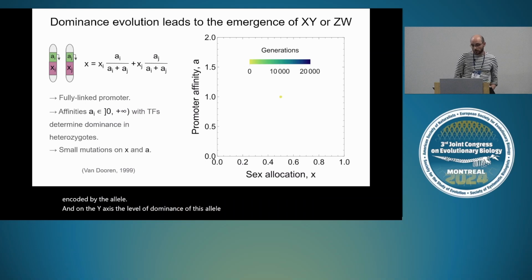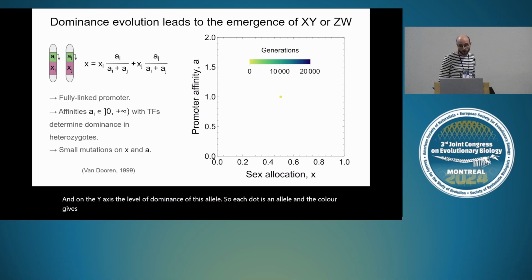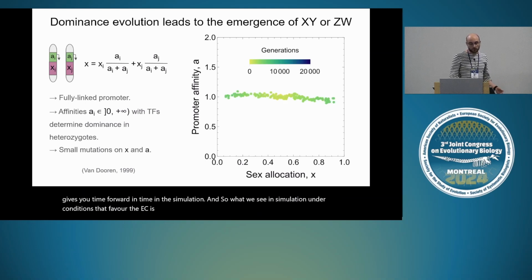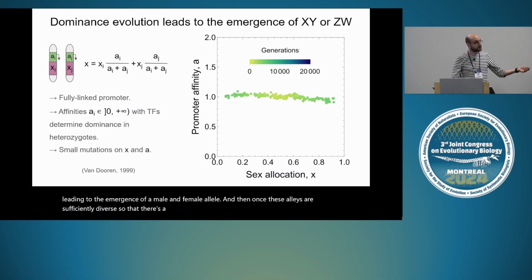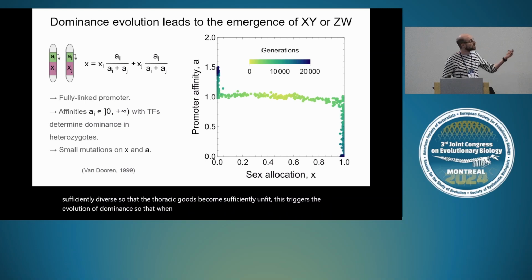So each dot is an allele, and the color gives you time, forward in time in the simulation. And so what we see in a simulation under conditions that favor DIC is that the population first undergoes evolutionary branching, leading to the emergence of a male and a female allele. And then once these alleles are sufficiently diverged so that the heterozygotes become sufficiently unfit, this triggers the evolution of dominance, so that one allele becomes increasingly associated with a high affinity promoter and the other with a low affinity